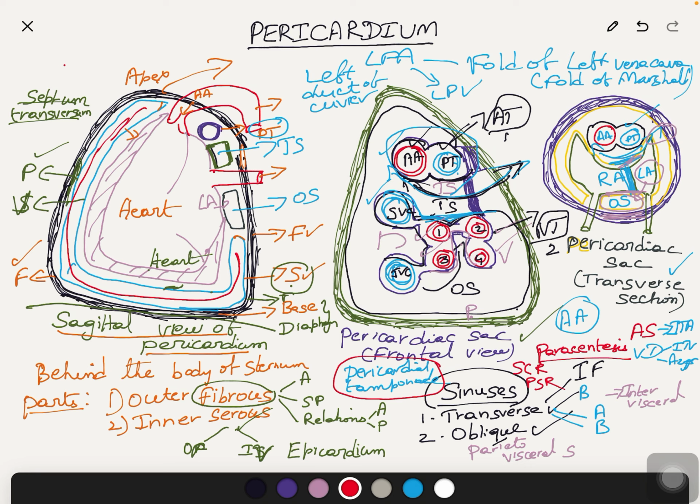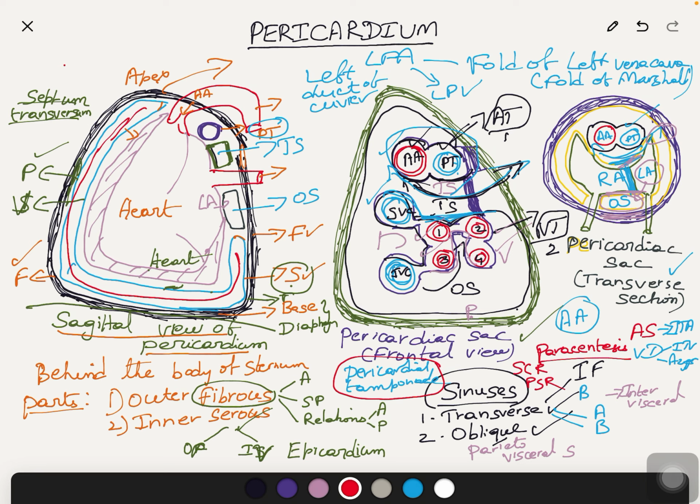And the one more route is the parasternal route. Subcostal means below the sternum you are giving the needle. Parasternal means by the side of the sternum. Your needle may be introduced through the left fourth or left fifth intercostal space close to the lateral margin of the sternum, so that you avoid injury to the left lung, pleura and internal thoracic artery. Intracardiac injection is preferred through this parasternal route only.